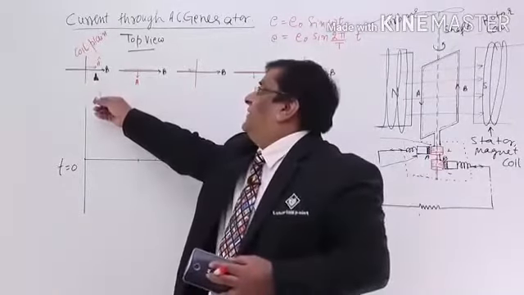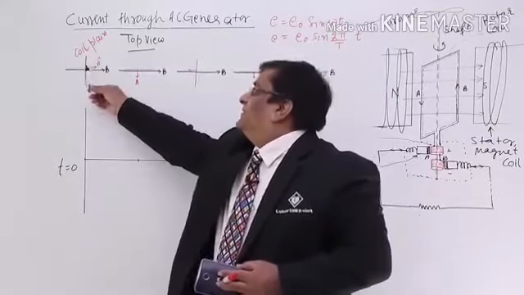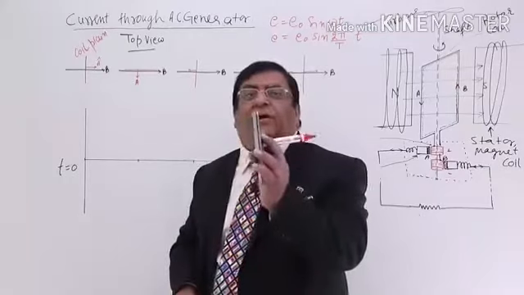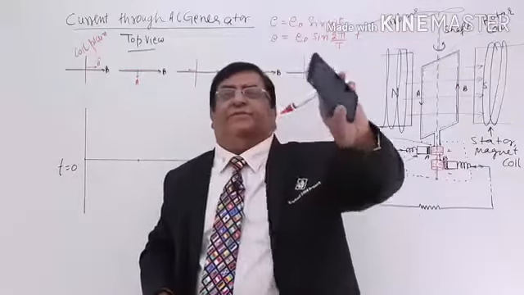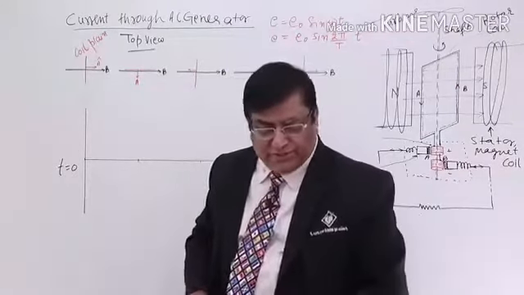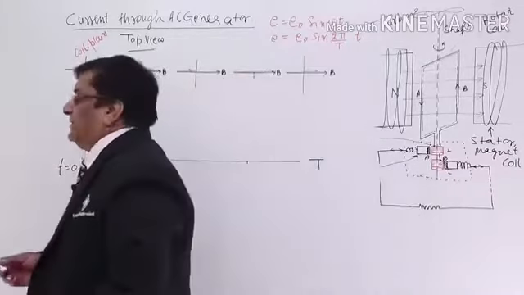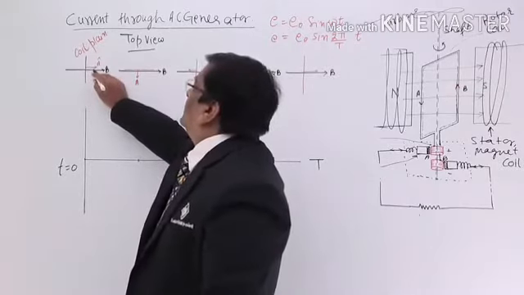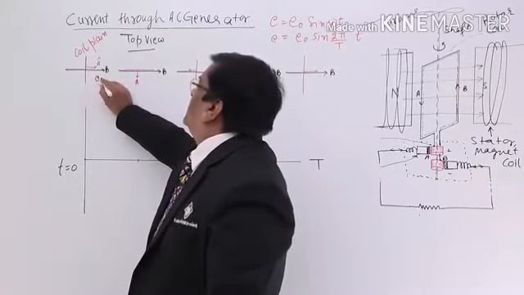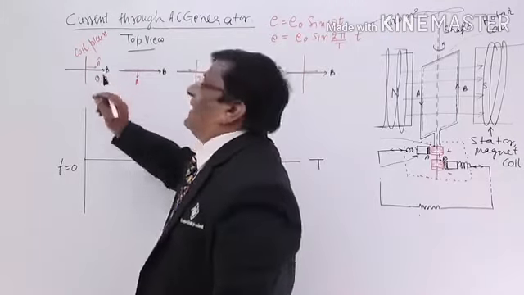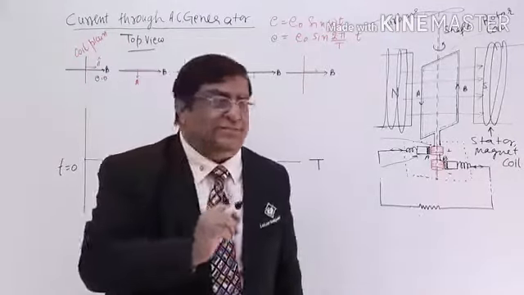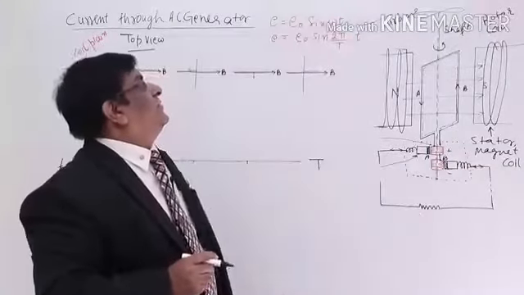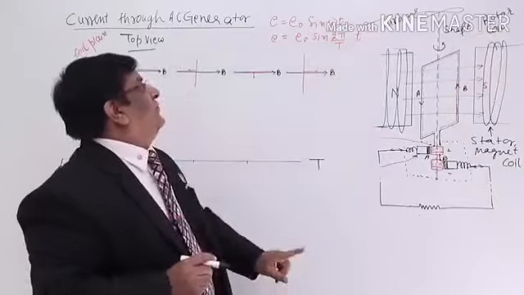So this is the point we take. This is the magnetic field, this is the coil, and this is the area vector. Now after this it will start rotating this way. This is when we start, the time t is equal to 0. How much is theta here? Theta between these two is 0. What is theta? Theta is omega t, in this equation. This omega t is equal to 0 because t is equal to 0.